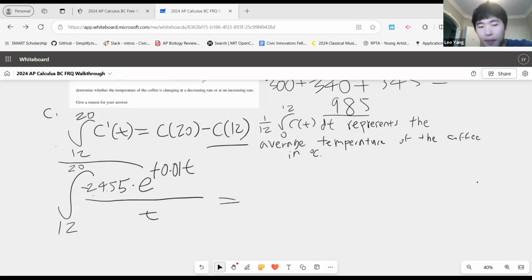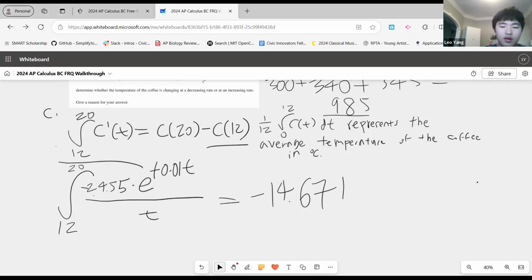times e to the power of 0.01 times x. T and x don't matter, either is the same. And then we have to divide times 1 over x dx and evaluate this. And we do get a value. We get negative 14 point around